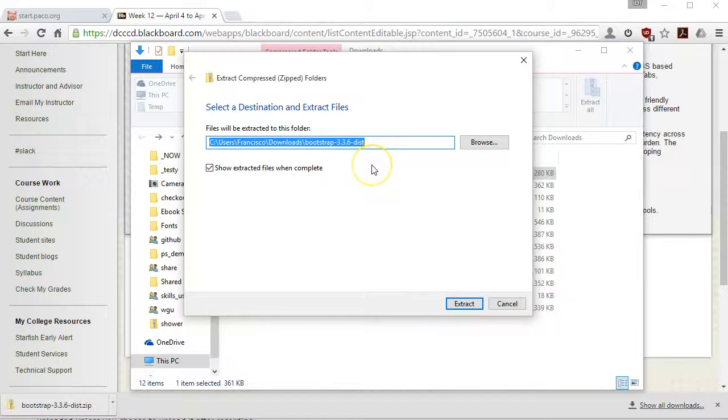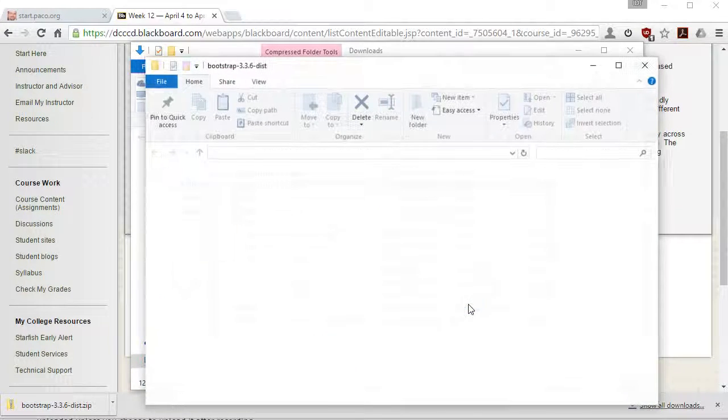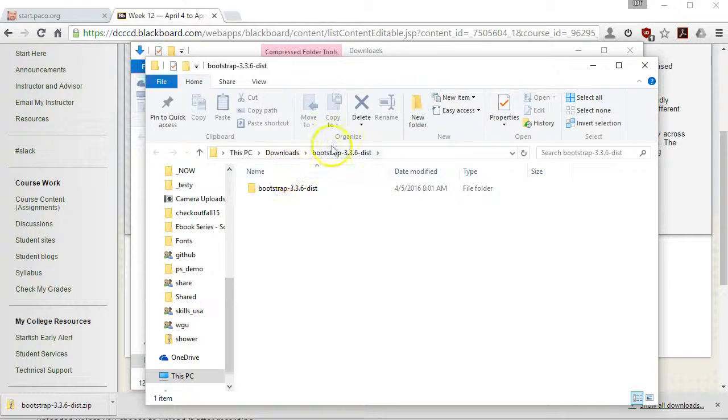and it'll give me an option. Basically, that's the option I want. I want to unzip the files in the same folder. So the destination's already selected for me. It's in downloads, and it's going to create a Bootstrap 3.3.6 distribution folder. I'll click on extract, and it's doing some work, and now it's going to show me here's your new folder,